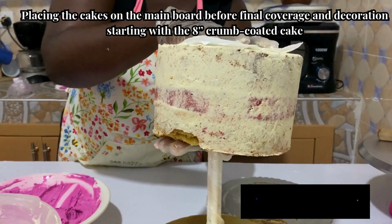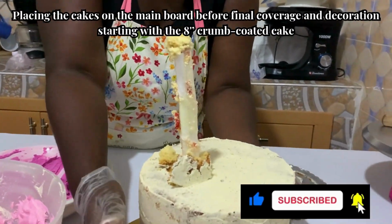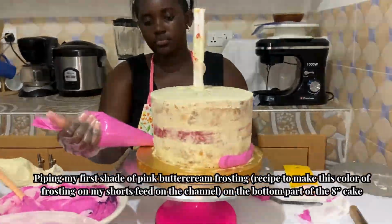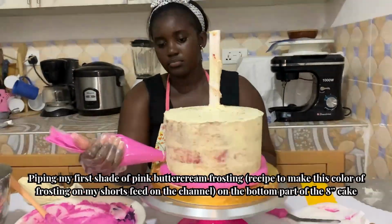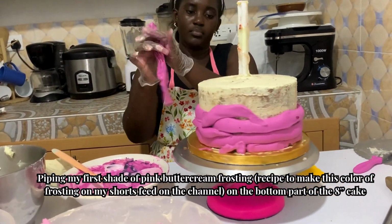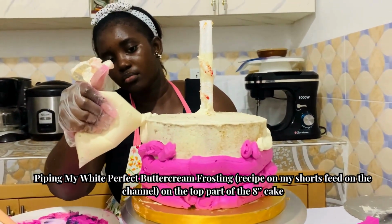Now I just picked out the first cake, which we worked on, from the fridge. I'm going to insert it right onto the dowel in the middle, and this is how it looks. So we are going to cover the bottom part with the first shade of pink, which we used as a base in the video I was talking about to create all the other shades of the buttercream. I'm going to pipe that at the bottom part, moving towards almost the middle of the cake,